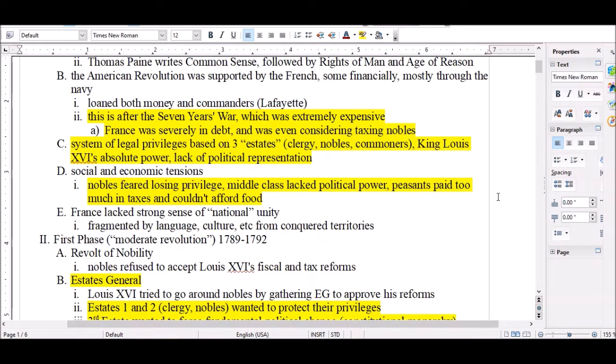So as a result of this kind of political issue of not having enough power for the commoners, and having far too much power for the clergy and nobility, they also look to the king as having far too much power. He is insanely powerful. This is now the grandson. So we had Louis the 14th long time ago, who kind of expanded the power. He was the most powerful of all of the French kings.